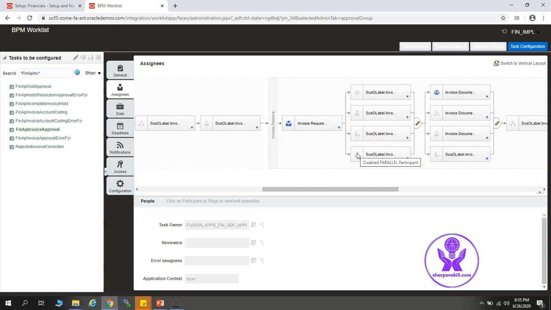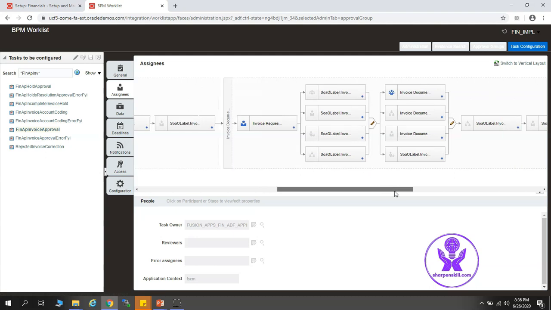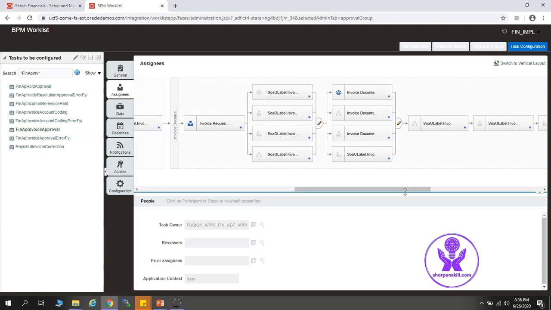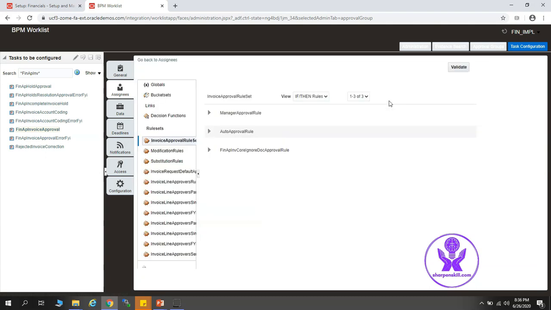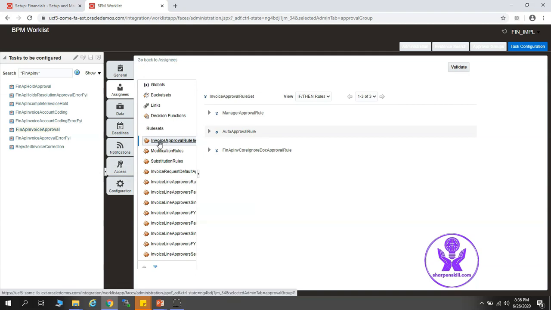Now you can see all of these are not configured. The configured ones will be highlighted in blue. So to cater to our requirement, we will configure the rules of invoice document approvers. Click on this blue color button, select go to rule. So we'll be customizing or configuring this invoice approval rule set.